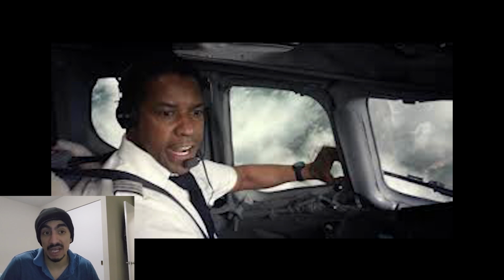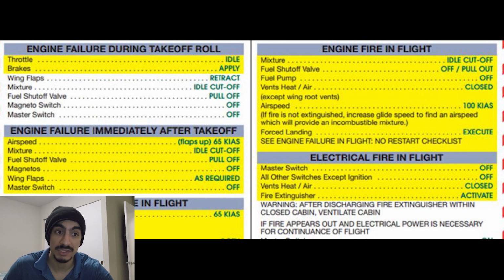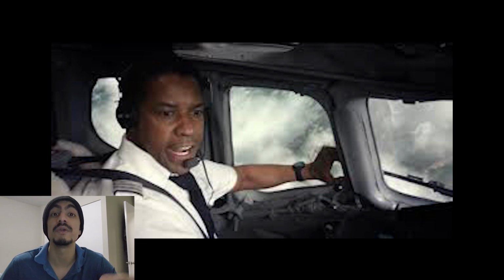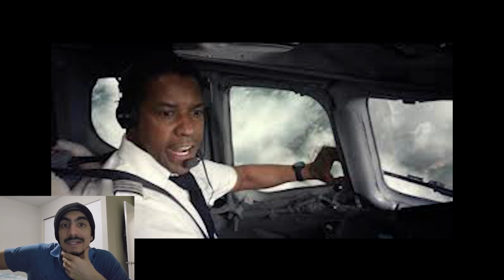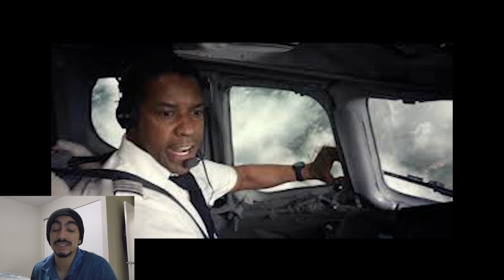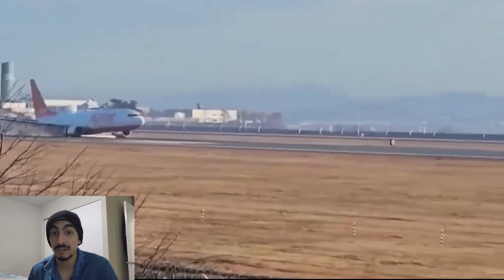Now, pilots have checklists for just about every emergency scenario you can imagine, whether it's engine out procedures, bird strikes, or hydraulic failures. The idea is to break down a crisis into a series of steps so that you're not relying on memory alone. Under normal conditions, these checklists are lifesavers because they keep everybody on the same page. But in an incident like this Jeju Air Boeing 737 incident, if there was a lot of confusion and a lot of time pressure, then the crew could have been overwhelmed.